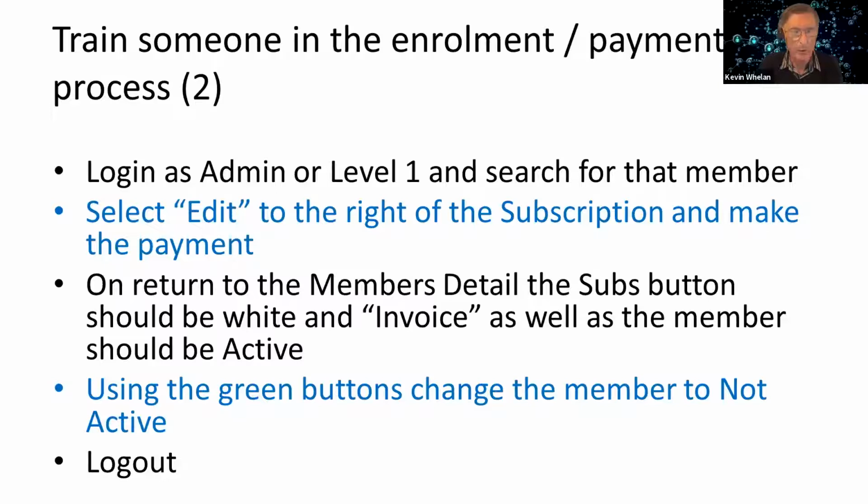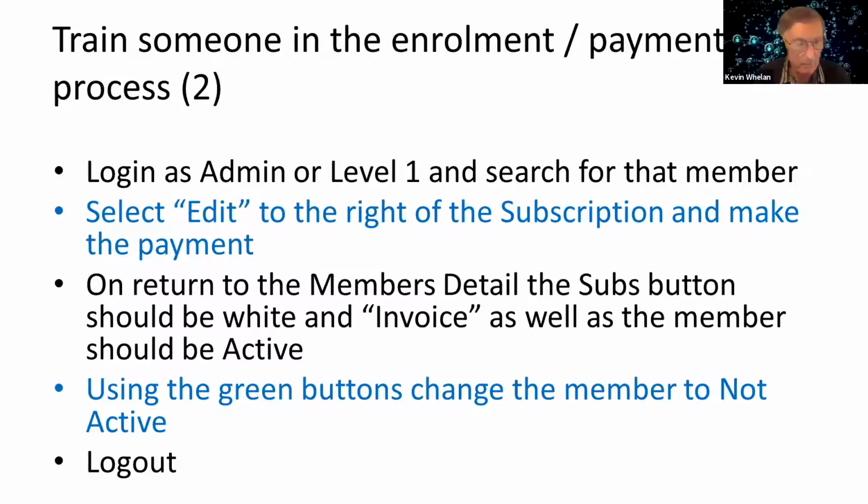So continuing on this process, the first part there I was talking about was actually go in and just get to the point where the member is enrolled in a course. They've got a payment due. Then you would need to go in as admin on level 1. I think I jumped into this same slide while I was talking, and edit to the right hand side of the screen. Indicate that they've paid the amount of money that was due,